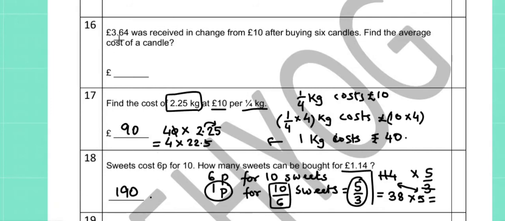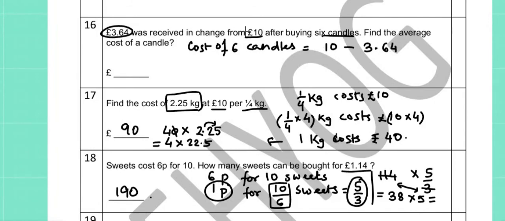In number 16, 3.64 pounds was received as change when 10 pounds was given for buying 6 candles. So, the cost of 6 candles is 10 pounds minus 3.64 pounds, which is gotten back as change. So, cost of 6 candles is 10 pounds minus 3.64 pounds, which is equal to